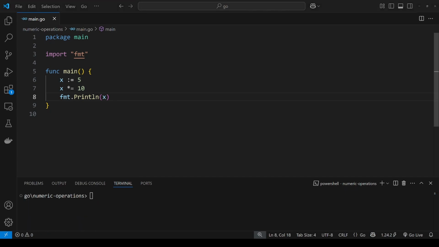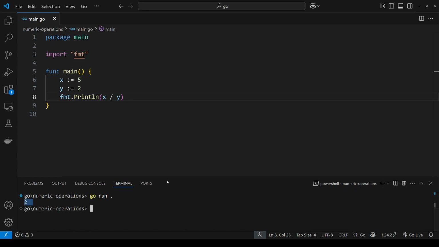Division gets a little tricky when it comes to integers. If I have x is set to 5, and I'll change this line here to y equals 2, if I did x divided by y, what do you think would be the result? In our math, we know that 5 divided by 2 is 2.5. But if we're working with integers, which are whole numbers, we can only get a whole number back. So let's run this, and we see that we get a 2,